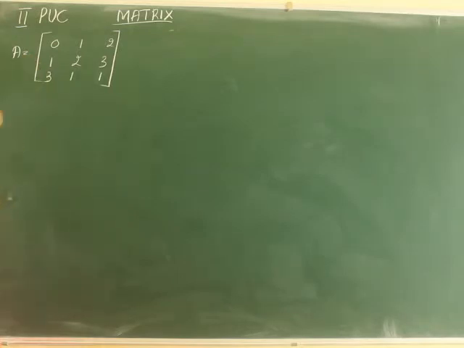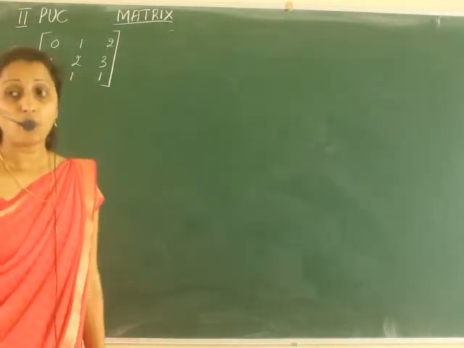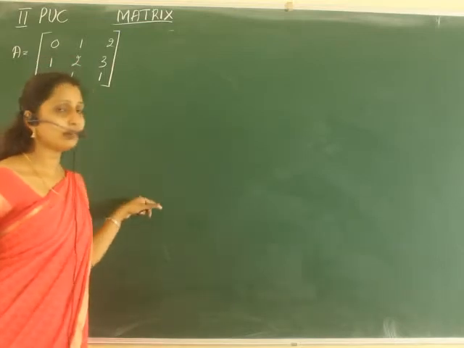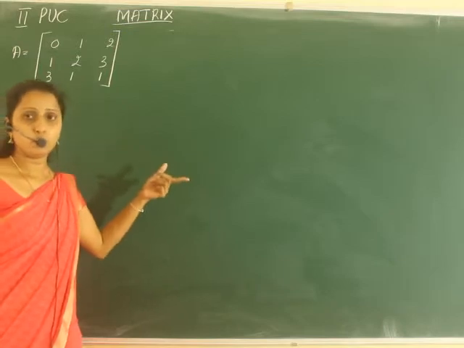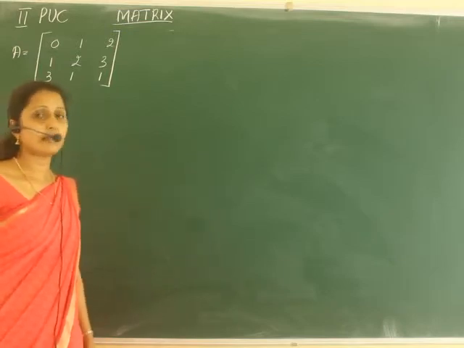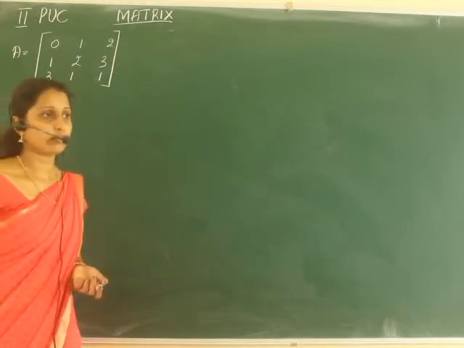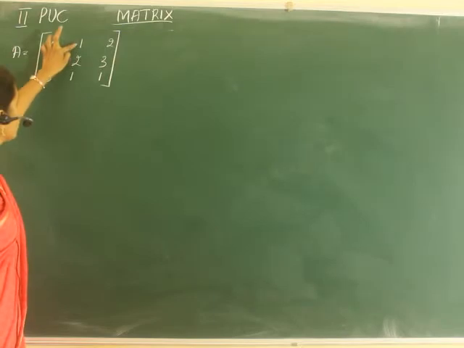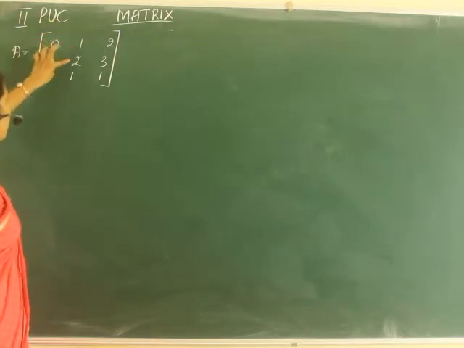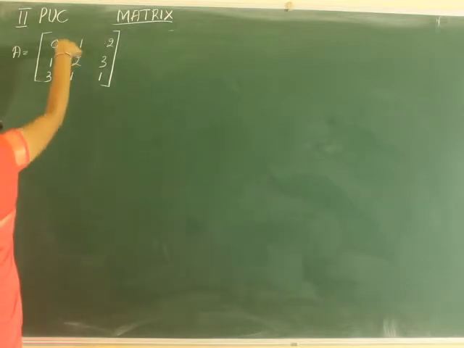First, in the 2 by 2 case, we converted A11 to 1 and A21 to 0 in the row operation. After that, A22 to 1 and A12 to 0. That way we converted. But here, first we have to convert this to 1, then the others to 0. So it is 1, 0, 0, then 0, 1, 0, then 0, 0, 1. We have to convert in this way.